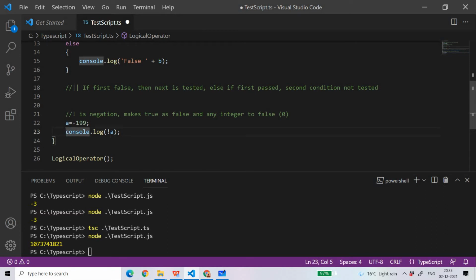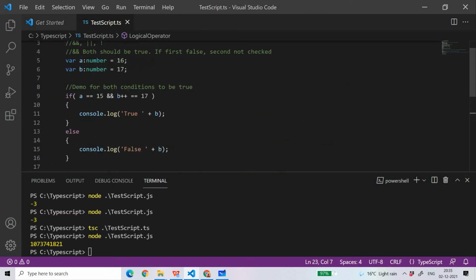Comment this one. In the case of the logical AND operator, both the conditions should be true, then only it will become true. If the first condition becomes false, then the next condition will not be checked.